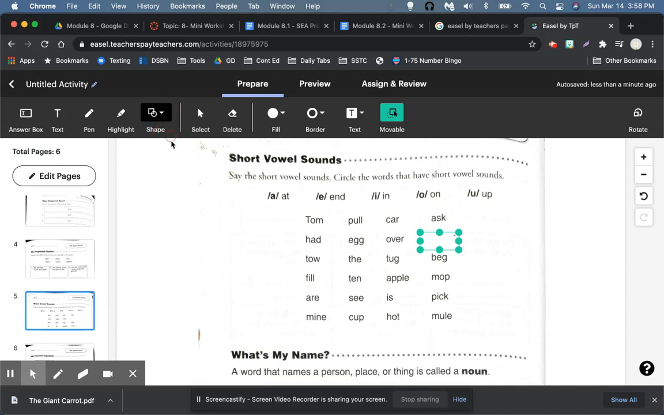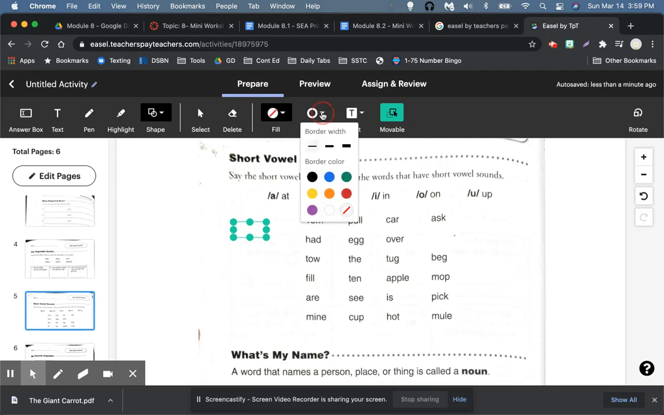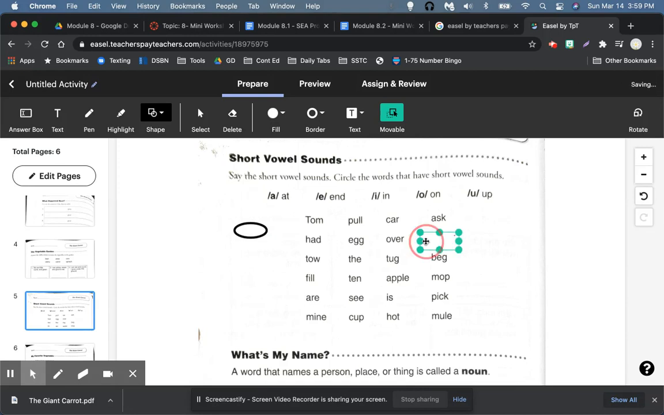Let me try this one more time. There's my circle. I don't want it to be filled, but I want it to have a border. There we go. So here's my circle. Let's delete those. I'm going to drag it over here, and it could be a little bit bigger. So let's make it a little bit bigger. And then what I would do,